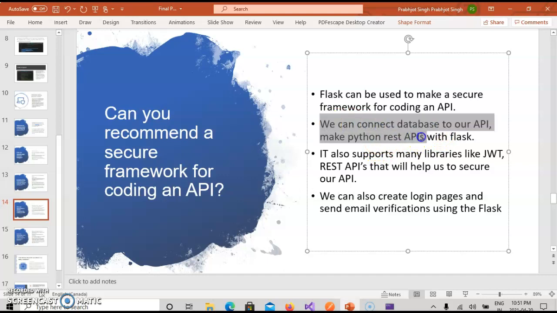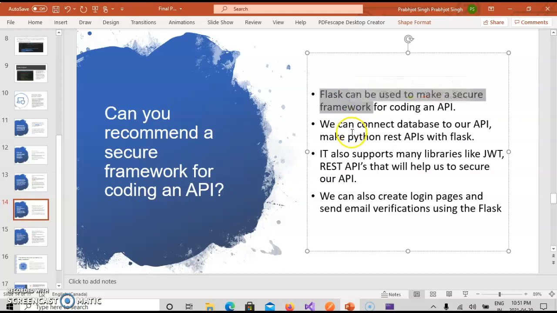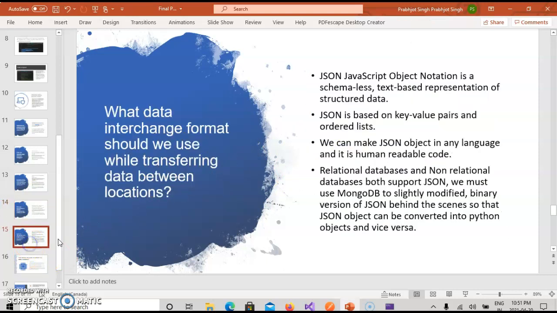Flask also has many libraries, so we can use JWT and REST API libraries to authenticate the requests that I will send to the database, and we can also create a login page and send email verification using Flask, which will make it much more secure. So Flask is one of the frameworks that is used to create an API.